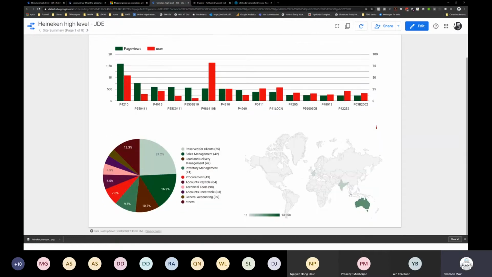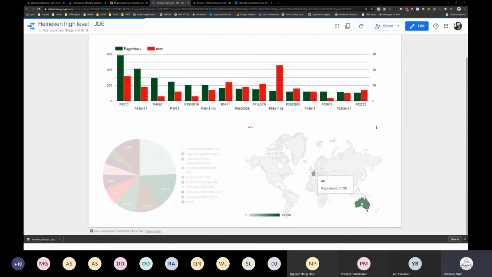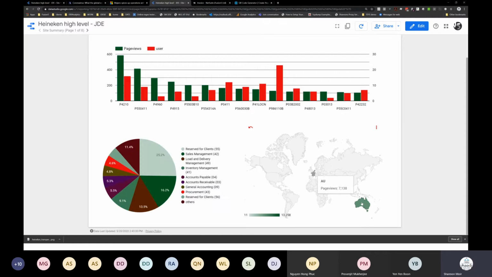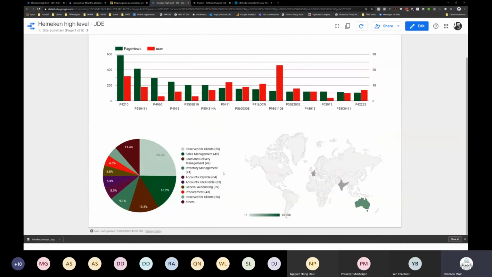What you can also see is I can determine where this access has come from. So if I was to look at Australia, for example, if I click on Australia, it's only going to show you the Australian users that have logged into production environments, and we can see 70 Aussie users have loaded 7,000 pages and run